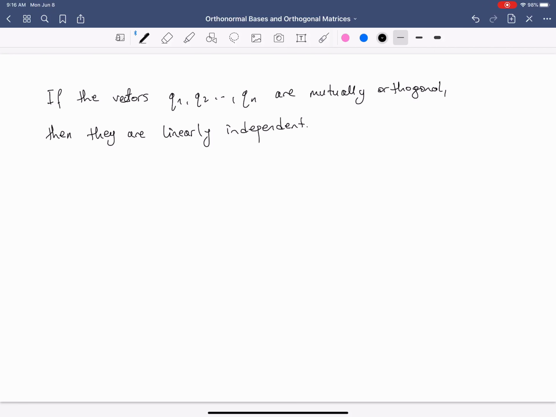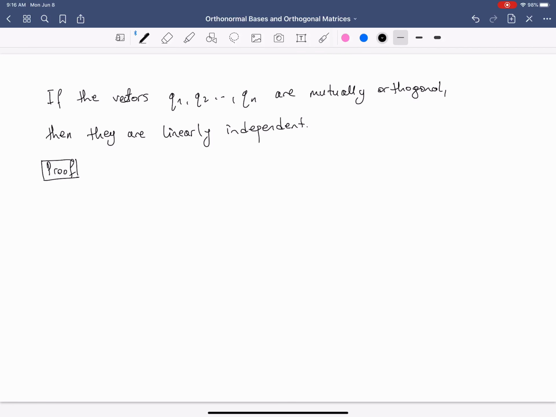You see, this means that orthogonality is a stronger property than independence. So if we have orthogonal vectors, then we know for a fact that these vectors must be linearly independent. How to prove this? The proof could be by contradiction,